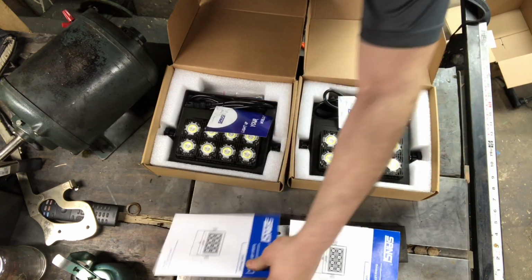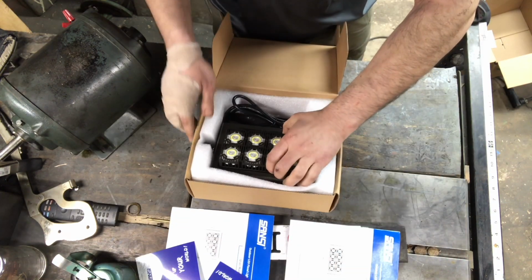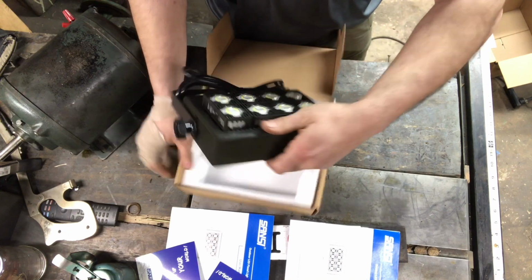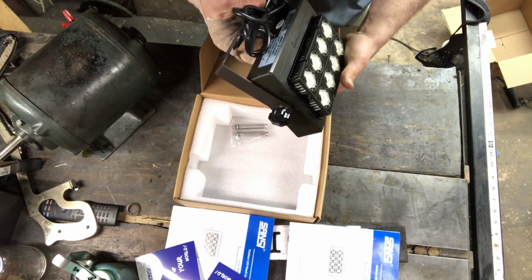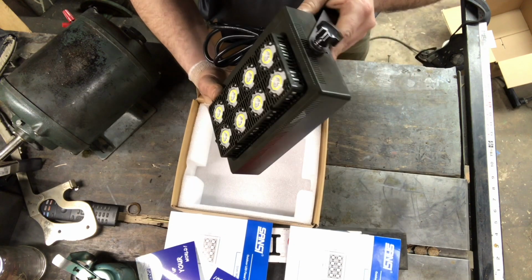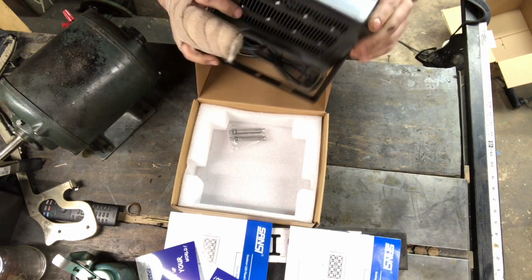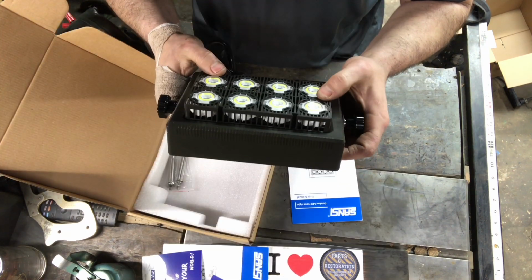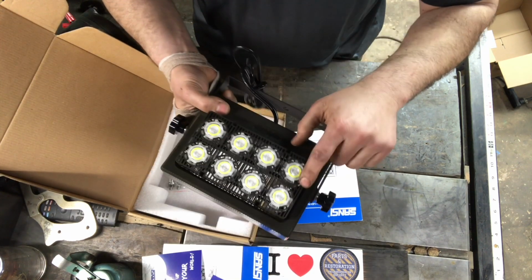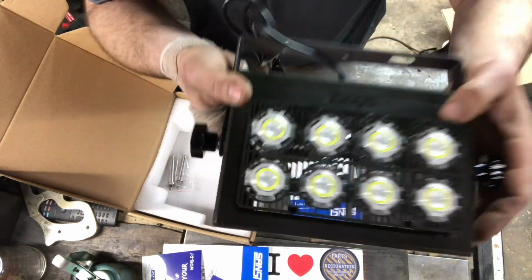Well packed, come with manuals. So what we have here is a high power 8 LED outdoor security light. Just from the looks of it, feeling it in my hands, it feels pretty solid. Each one of these LEDs looks like it's pretty well put together. Everything is very solid. These little plastic grates along here,